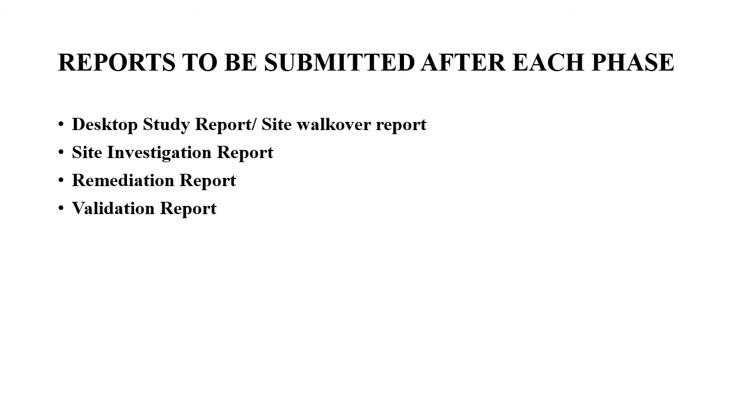So this report may include both data. Usually the report for a desktop study will obviously include data regarding the historical use of the land. Historical use of the land will definitely give you an idea about the type of land use which existed previously. Then you have to give details about the ownership and the past activities that have taken place in that land, and then a detailed description about the site: the geology of the site, the archaeology, everything.